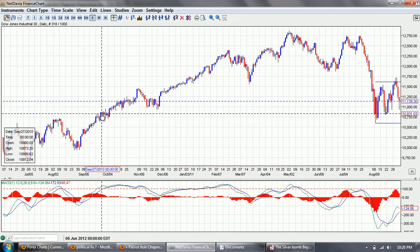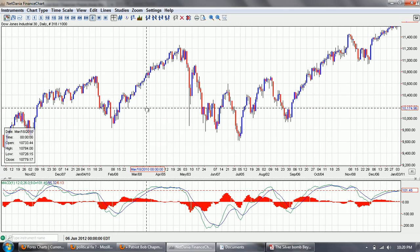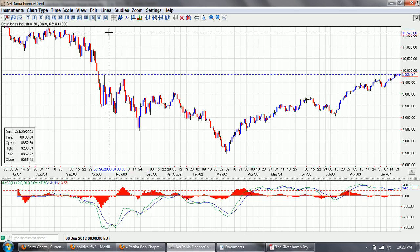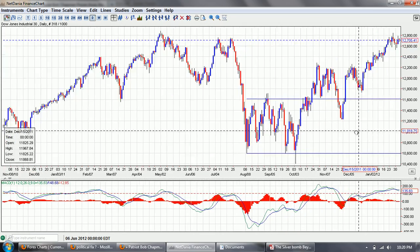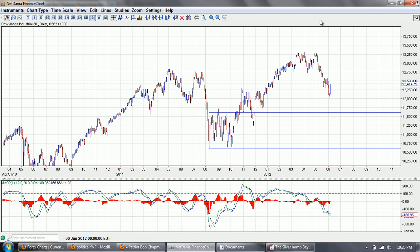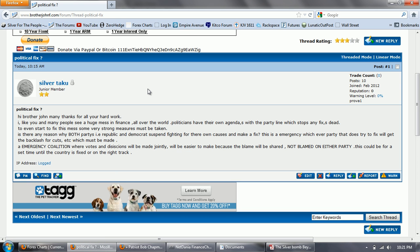And if we go back far enough, the volatility that we had back with the financial crisis, actually we're not far enough back yet. If we go back to this volatility at the financial crisis, you can see that there was tremendous volatility. So we have had that volatility in the past. We may be going into that area now, or we may actually just be turning up. The MACD, you can see, is starting to round up, so it may be that turning point where all the markets start to rally. So let's go to the question of the night, and that's from Silver Taku, and he